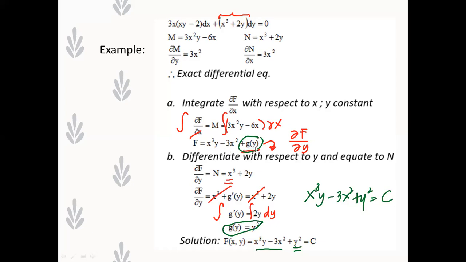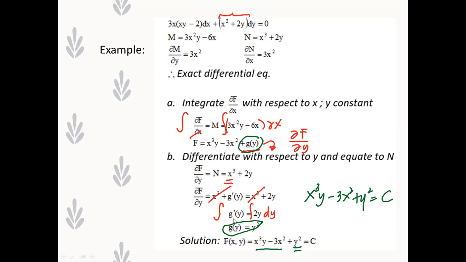What is the derivative of just g of y, which is a general expression for a function of y? That's your g prime of y. You do not know what that is, so you just represent it in a more general form. And what you do with this partial derivative of f with respect to y, you equate it with N, this N here in your original DE. And